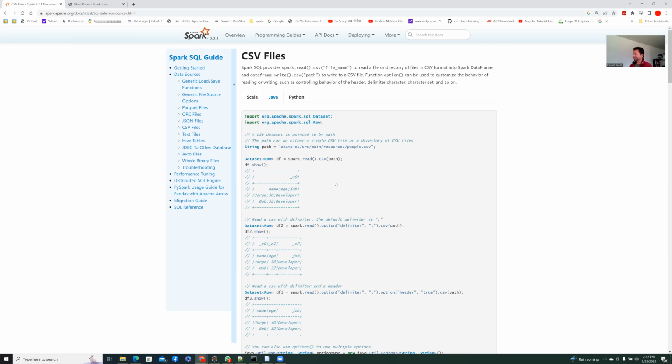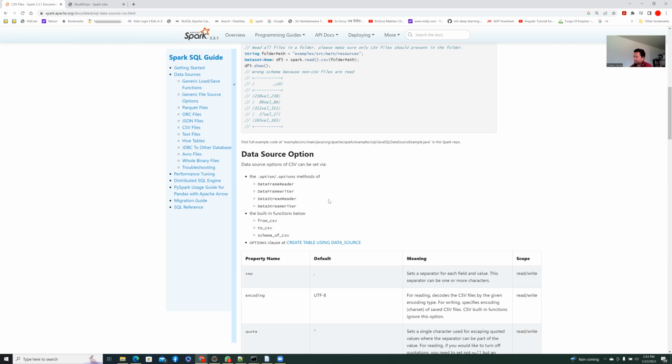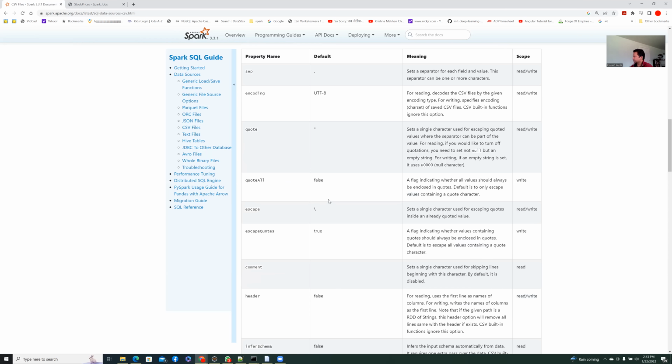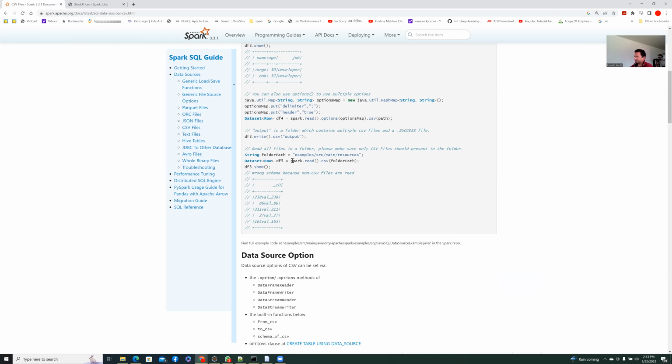What we have here is a Spark session. You can have a Spark context also, but nowadays everybody is using only Spark session. There is no Spark context; it has been deprecated. And this will give you different ways of reading a file, how the files are read. And it is very, very specific. So for example,